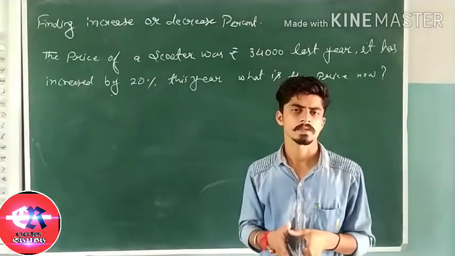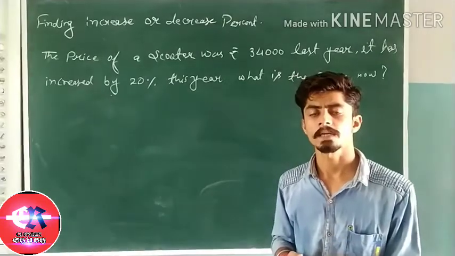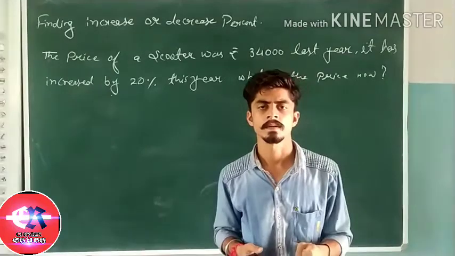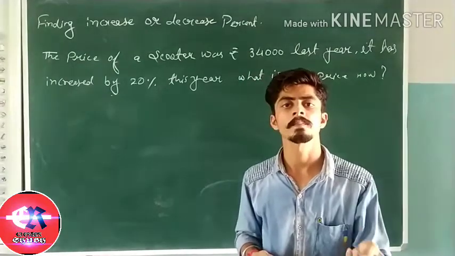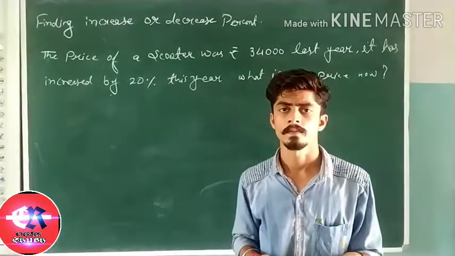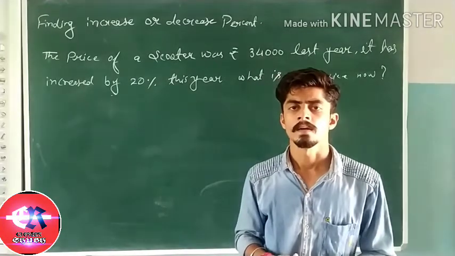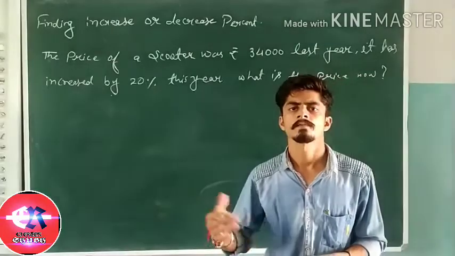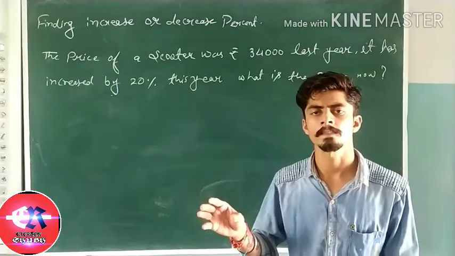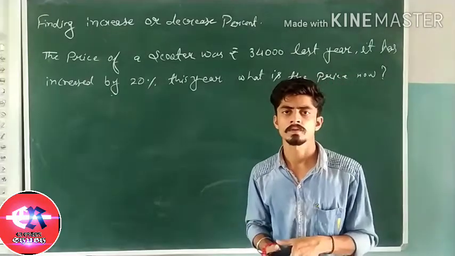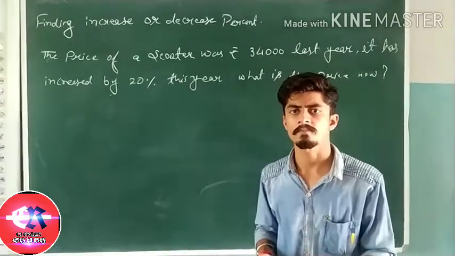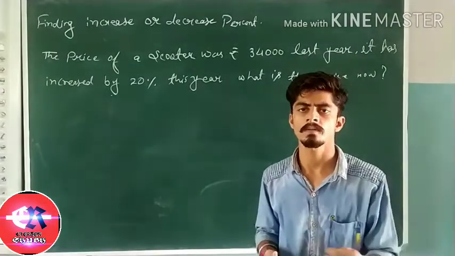Every time we are facing a situation where the cost of a particular item is increasing or decreasing. Suppose we are buying a pen today for 10 rupees, and after 1 month, 2 months, the cost of that particular pen becomes 15 rupees. So the increment is 5 rupees. This is called the increment, the change of price, either plus or minus.